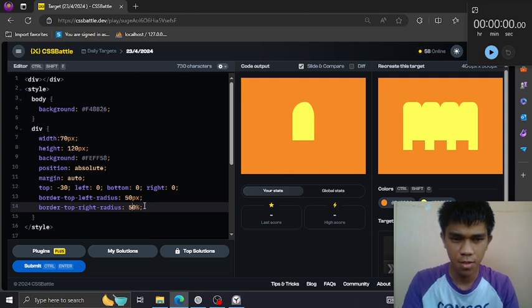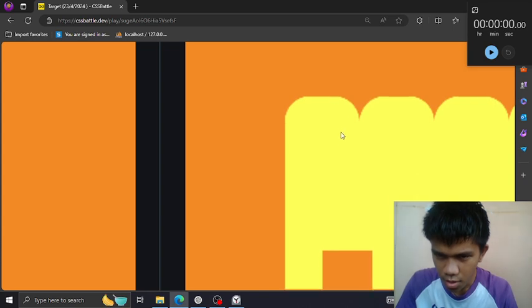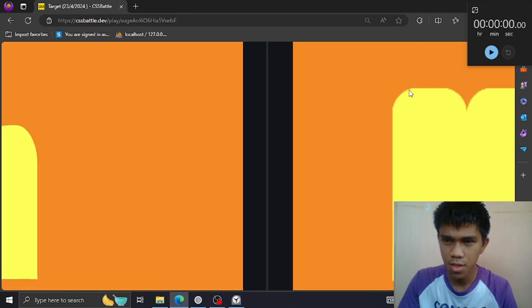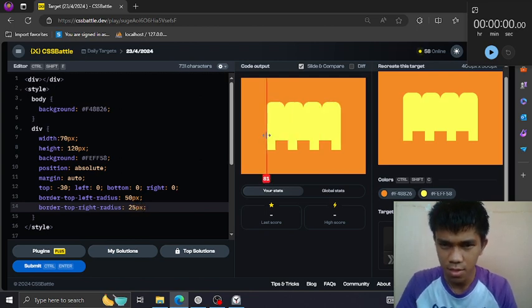And this is not tough, because it is not really a curve, but yeah, it's a curve. Maybe we can put pixel instead of percent.